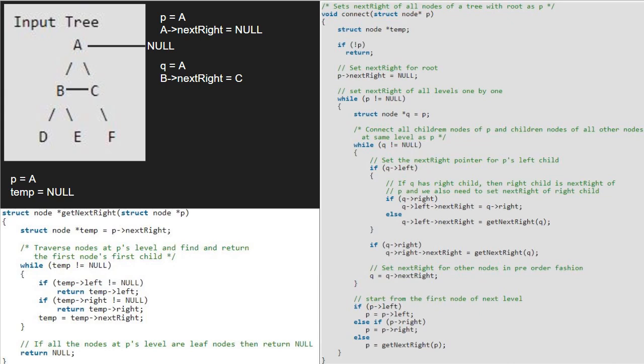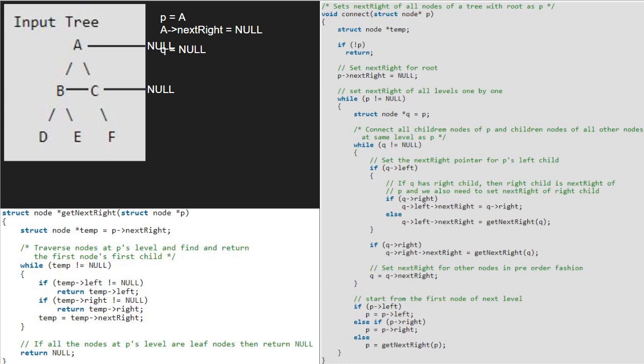Since temp is pointing to null, we return null. Hence, Q's right's next right will point to null. So, C's right will point to null. Now, we set next right for other nodes in pre-order fashion. So, Q will point to Q's next right. Hence, Q will point to null, which is A's next right.